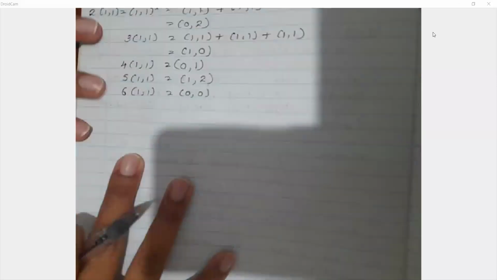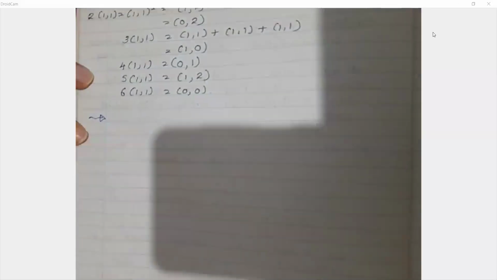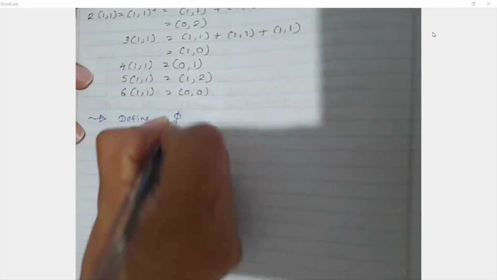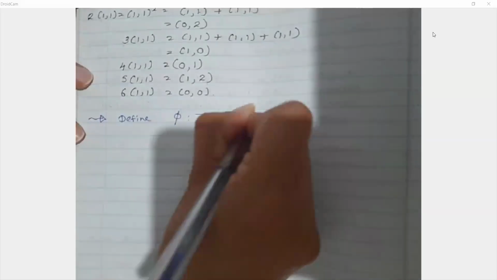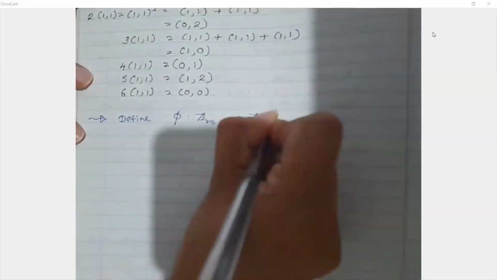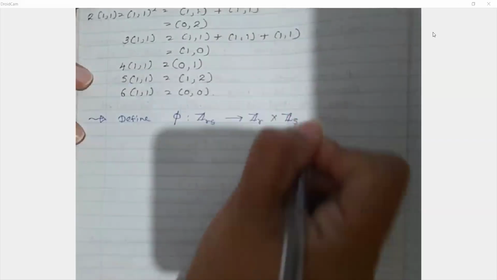Those two are rings on their own, and we are going to see that those two are isomorphic rings. Back to our example. Okay, let's define phi, a mapping from Z_RS to the direct product of Z_R, Z_S